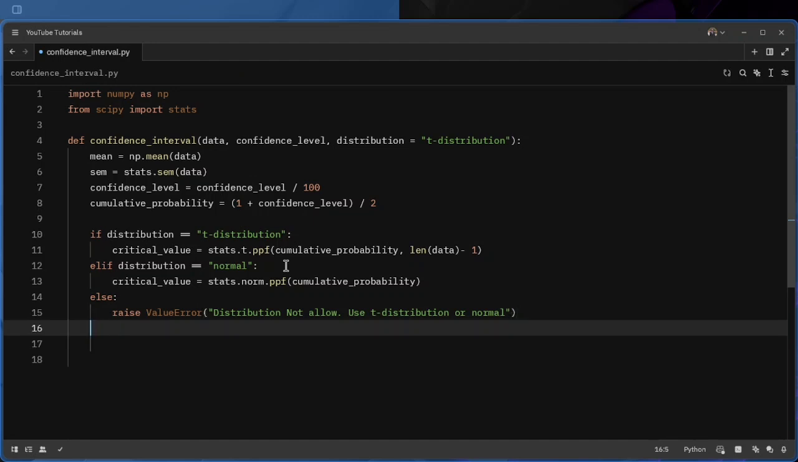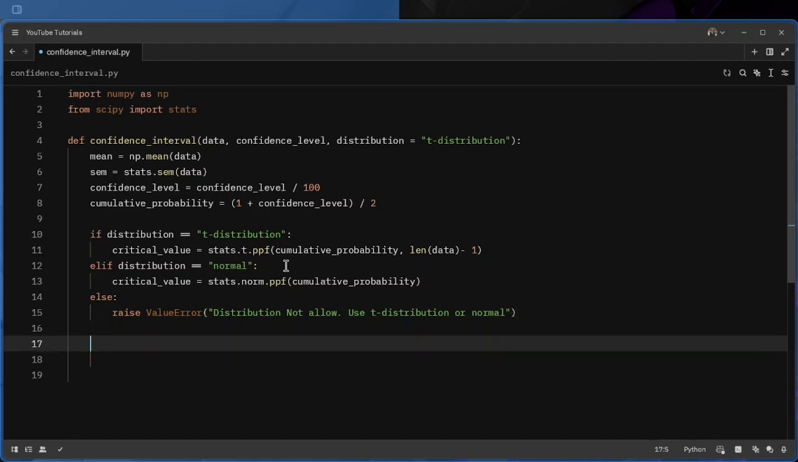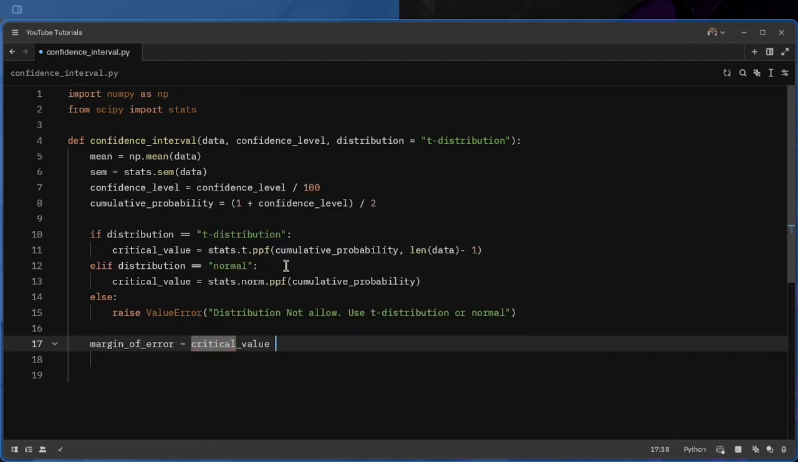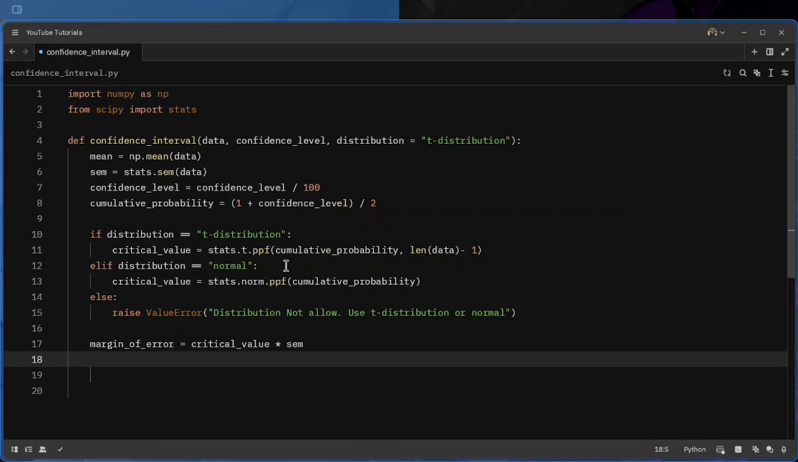Okay, now we have our mean, our SCM, our critical value. What we can do now is find the margin of error, so that we can add and subtract that from the mean and get the range. So we have a critical value, we are going to scale the SCM, and then we are going to find the